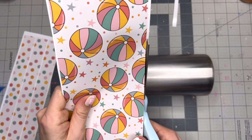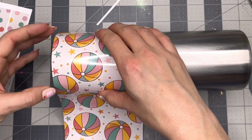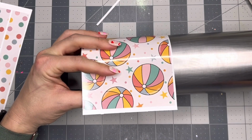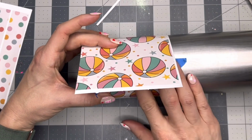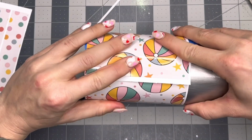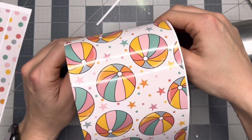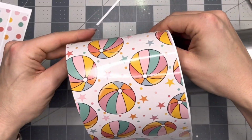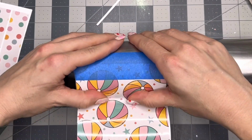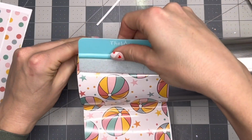So starting now with the beach balls vinyl, this is our very top and largest section. I'm going to trim off the excess white backing from the top edge and one of the side edges, and I'm going to wrap this right up against the top rim of my cup. Now, getting this stripe straight and as perfect as you can is going to set you up for success for the rest of your cup design. If this shape is wonky, all the rest of your stripes are going to be wonky. So you really want to take the extra time and make sure that this is lined up as perfectly as you can get it. So I secured one end of my vinyl with a piece of blue painter's tape,